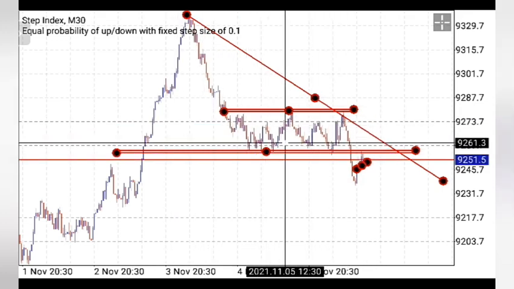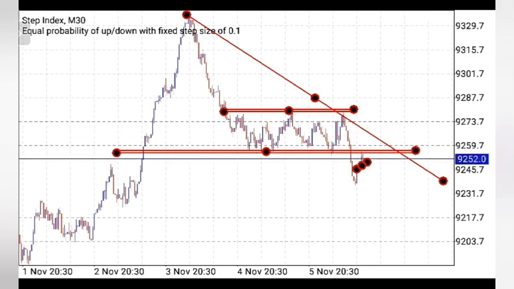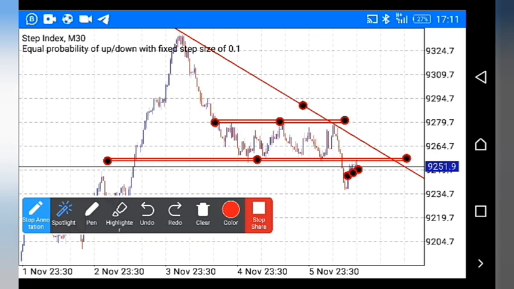So I drew my trend line. You can see it. We had about two higher lows. This is one here. There's another one here. Okay. Now it's trying to form another one, but